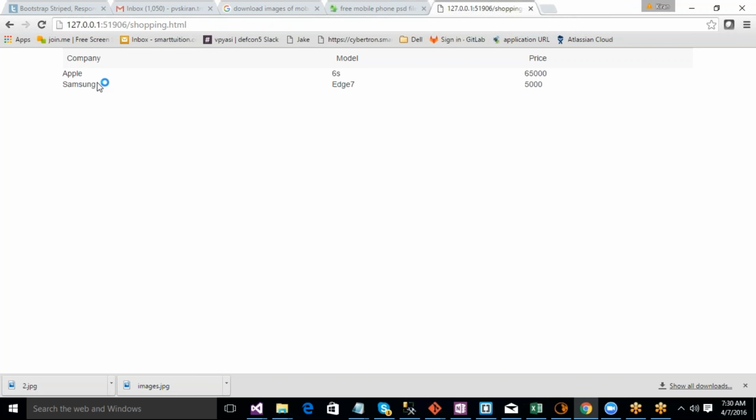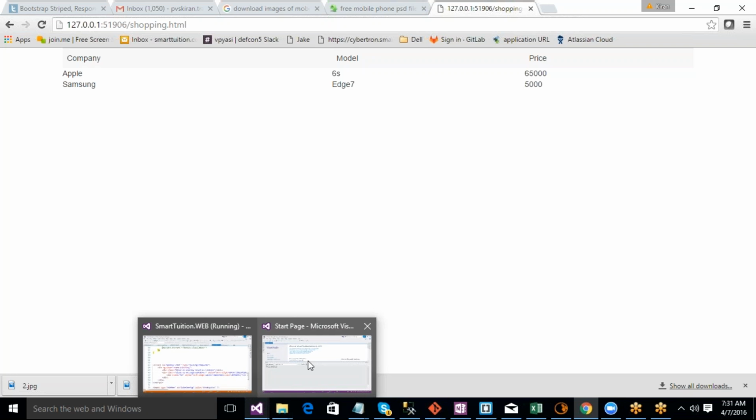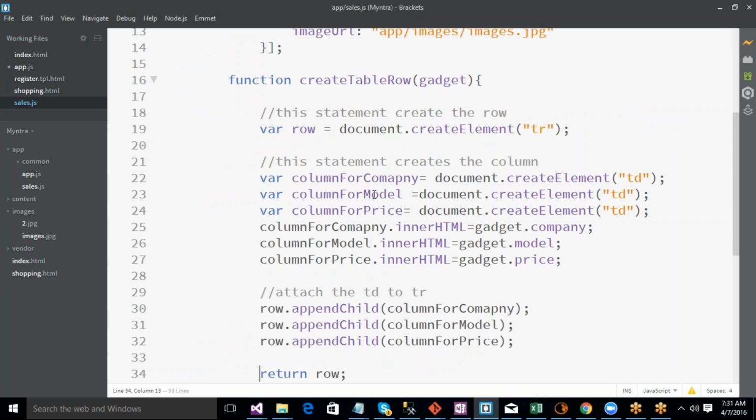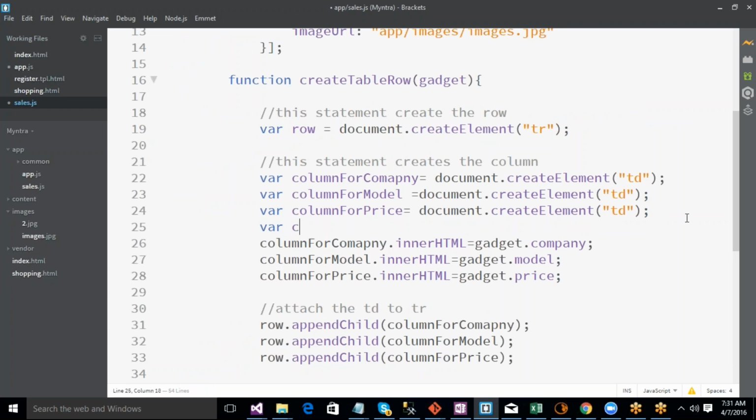So yeah, we got the Apple, Samsung, model, everything we are getting, right? Now, how to add the image? Do we need to get the image element now or not? We need to create the image element also, right? Because we have an image also. Shall we create that? So now we need to create the column for